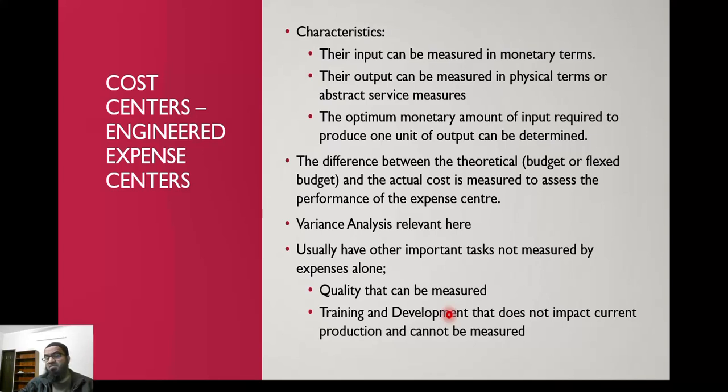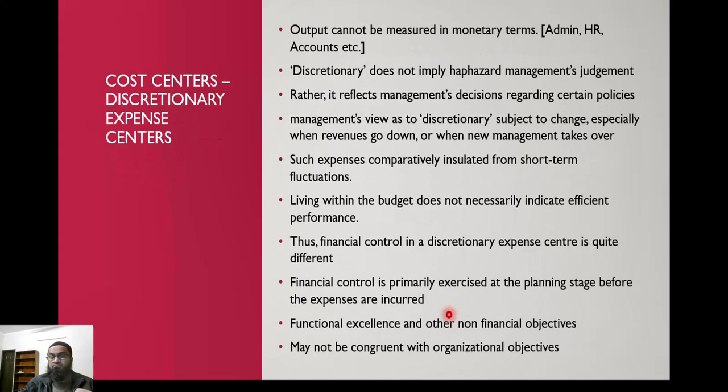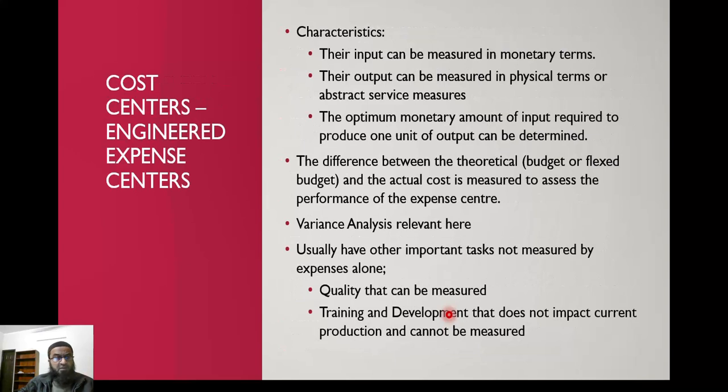So for training and development, the control for the current period can be whether you spend this much amount of training budget. Over here, saving the money is not a good thing in training and development. Rather, spending the money is the good thing, right? Provided that you have also tagged the right training programs for your labor and things like that. So variance analysis focuses on how much money you have saved. But for certain expenses like training and development, the variance analysis should not be taken as the KPI. It should be treated separately.